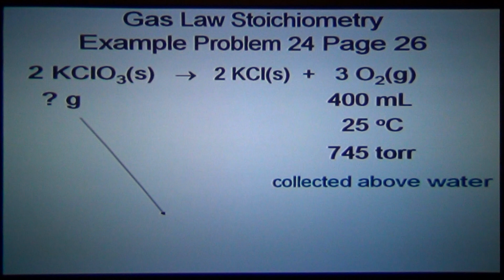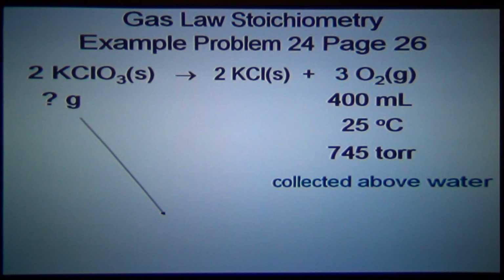When we get ready to do our calculations, we're going to need the pressure of the dry gas. That is, I'm going to have to look up in a table at 25 degrees Celsius what the vapor pressure of water is, because I'm going to have to subtract that from the 745. So we're able to collect 400 milliliters of oxygen at 25 degrees Celsius, and the pressure reading was 745 torr